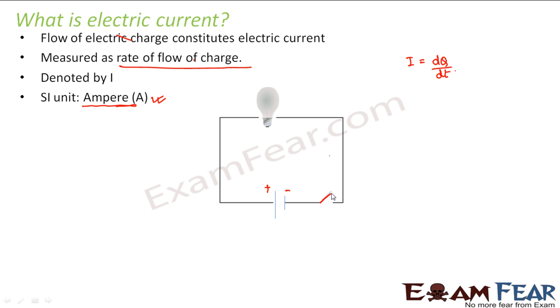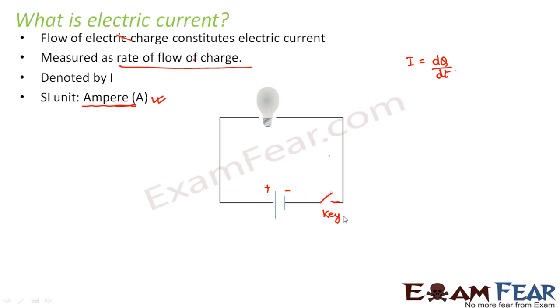What is this? This kind of symbol generally denotes a key, or which you can say a switch. If the key is in this position, that means the switch is right now off. That means there is no current flowing through the circuit. For example, this bulb is attached in this circuit. When will the bulb glow? When you switch it on. When you switch on the circuit, then the current will flow, right? Right now the switch is open, so there is no current flow in the circuit.